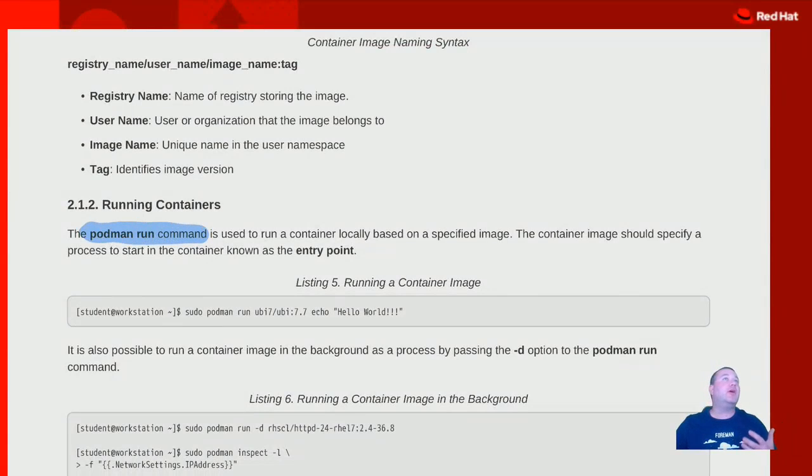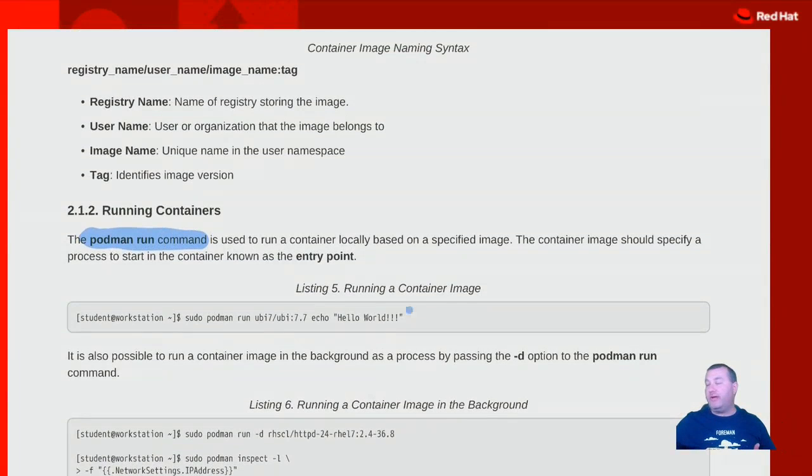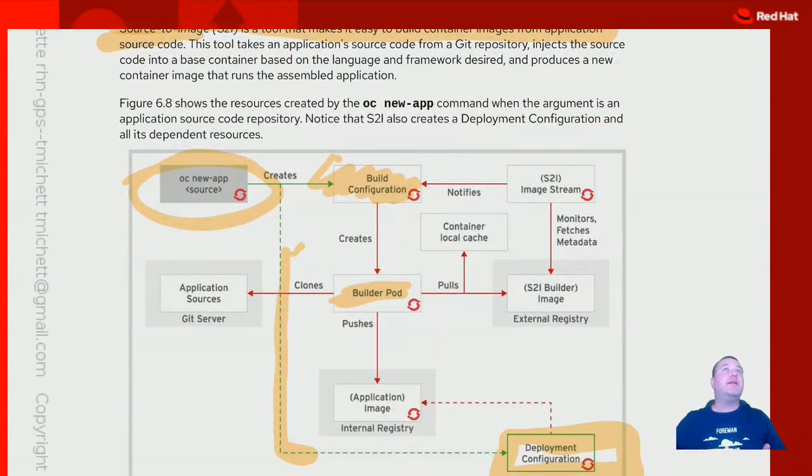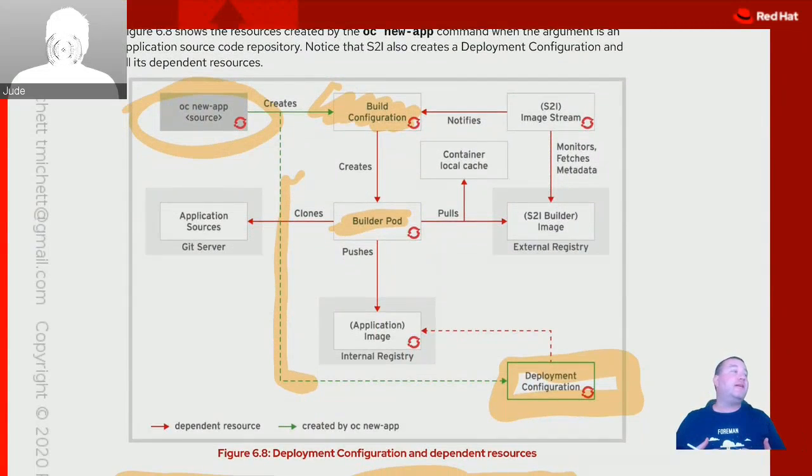The Podman run command will actually launch our container based on the image we specify, and then we can override that command entry point by going to the end of the line and echoing what we want. So, this is how I've been typically teaching some of the Red Hat courses. I've got some of my own notes with pictures and examples, and then I can switch back and forth to the real student guide. And we just covered this evening